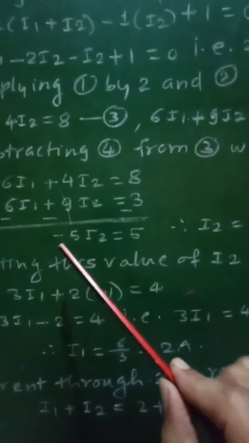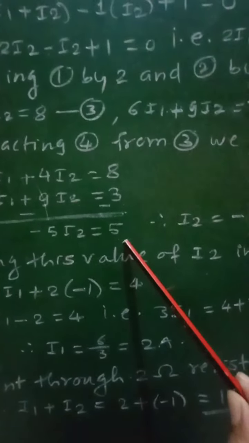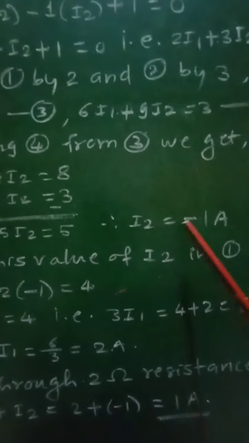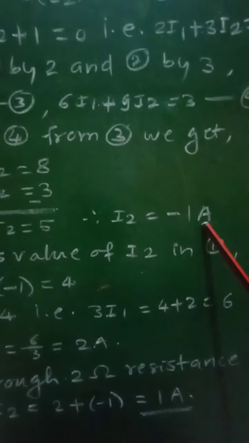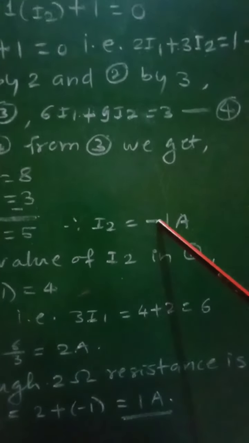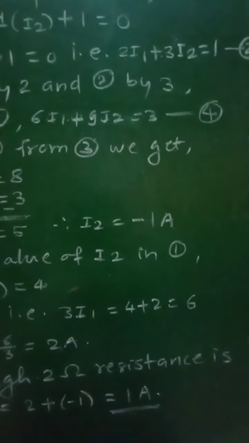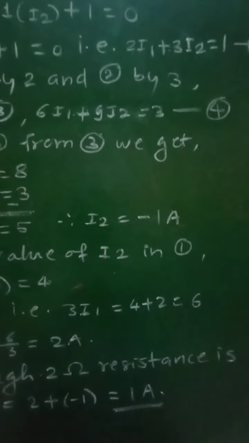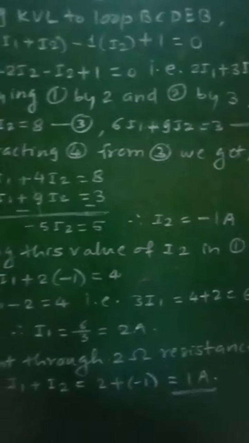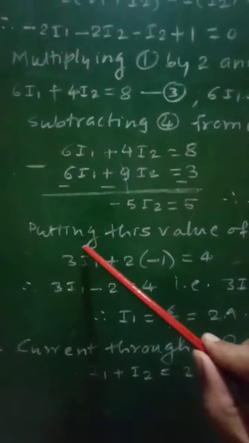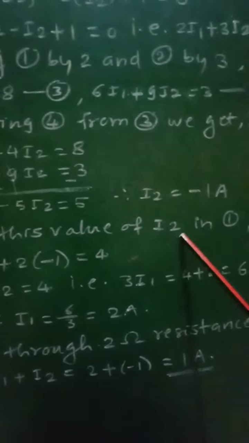And therefore, as 5I2 is equal to 5, therefore I2 will be equal to minus 1 ampere. I2 is equal to minus 1 ampere. This negative sign will indicate that the current is flowing in the opposite direction to that in which the circuit is traced. And therefore, now putting the value of I2 in equation 1,